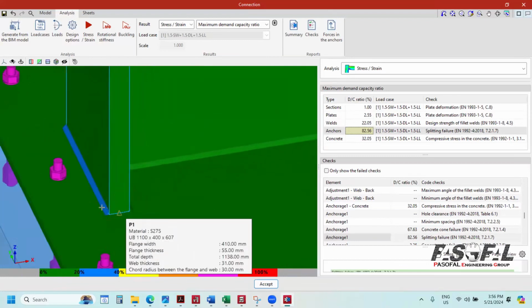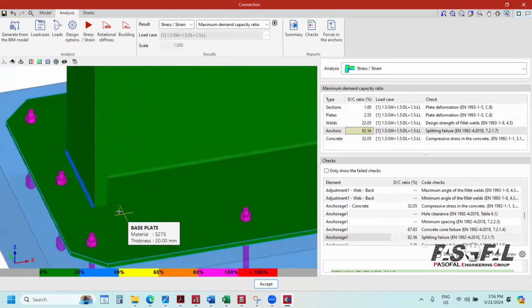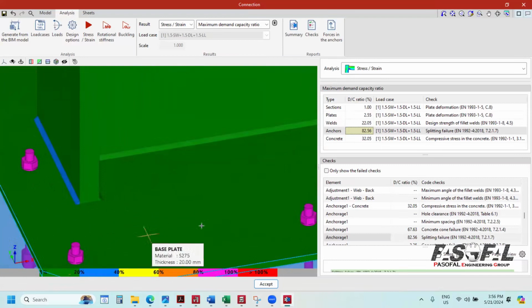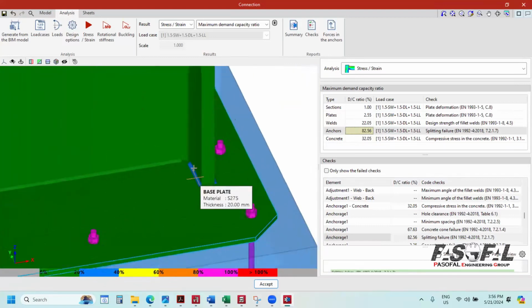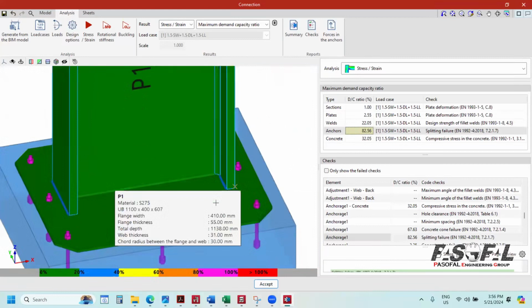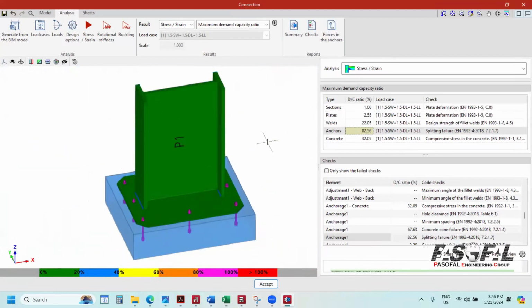Again, these two welds are over designed, because for the green one I have a maximum used capacity of 20%, and for the blue one I have a maximum used capacity of 40%. You can still optimize this weld by decreasing the size of the weld. So let me just play with the